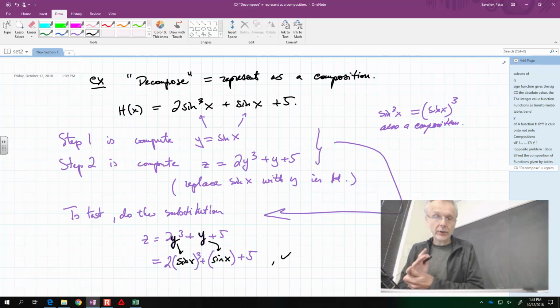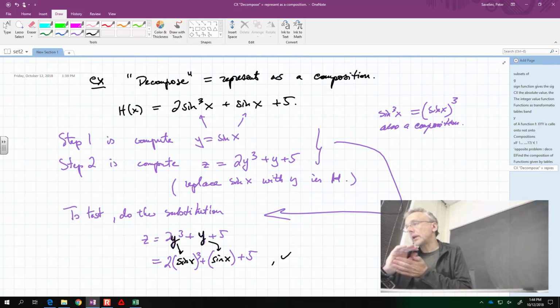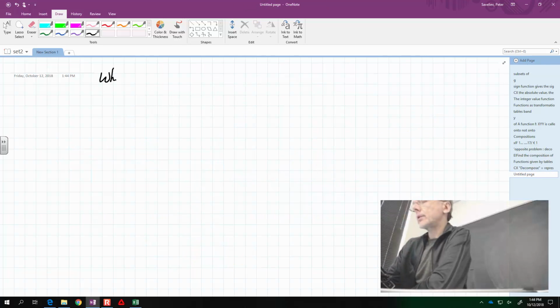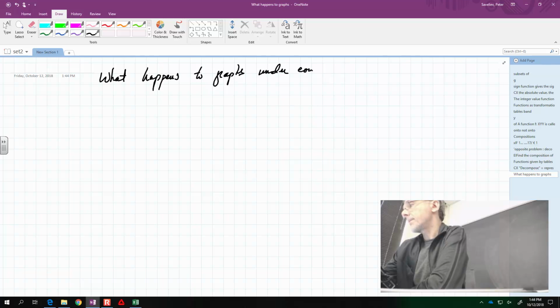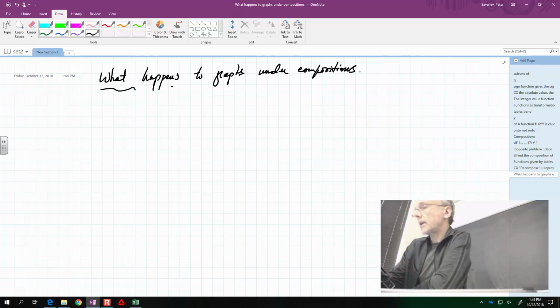So we'll continue doing it because it's such a central concept. And there is a whole thing about algebra of compositions and how we combine multiple functions in a row. But we'll let it settle a little bit and take a concept again about geometry and what happens to graphs. So this is the question: what happens to graphs under compositions? Some compositions. Specifically, what this is about